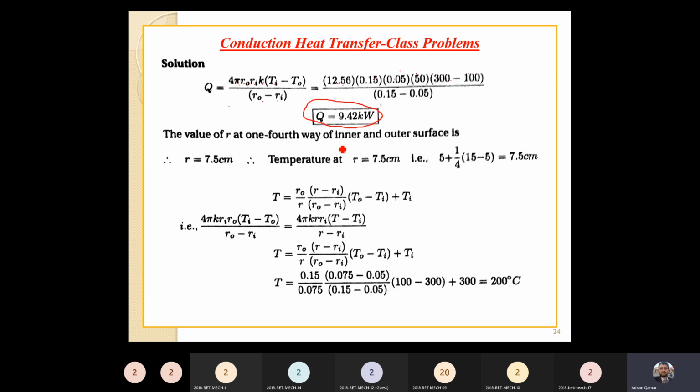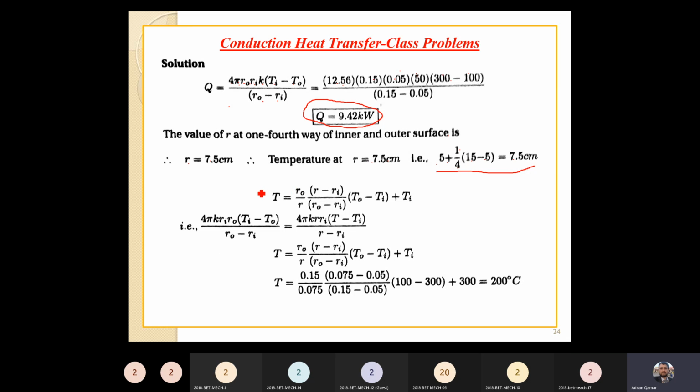The value of R at 1/4 we have between the inner and outer surfaces. R is equal to 5 plus 1 over 4 into (15 minus 5), which is equal to 7.5 centimeter. It is the radius we have calculated, a quarter of the way from the inner surface toward the outer surface, equal to 1/4 of the